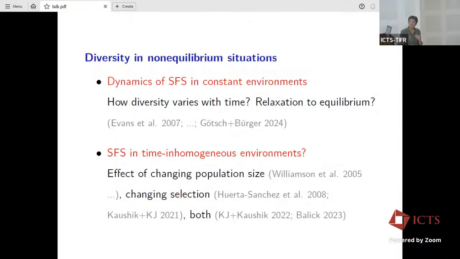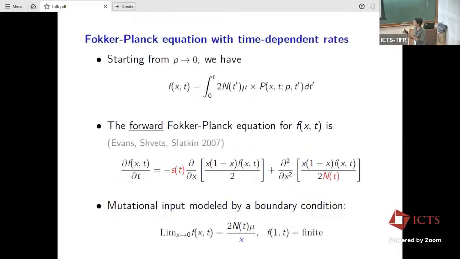You can also ask about SFS in time in non-homogeneous environments. A classical thing which has been done for a long time is changing population size. People have looked at heterozygosity, for example, or other measures of diversity, but not SFS, when population size is changing. As far as I know, the first paper for SFS is over here. Then with changing selection alone, much less has been done. And then you can ask, what if population size and selection both change? As far as I know, hardly anything has been done. So this is what I'm going to use for my